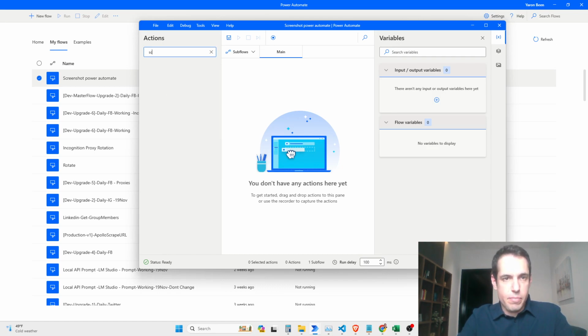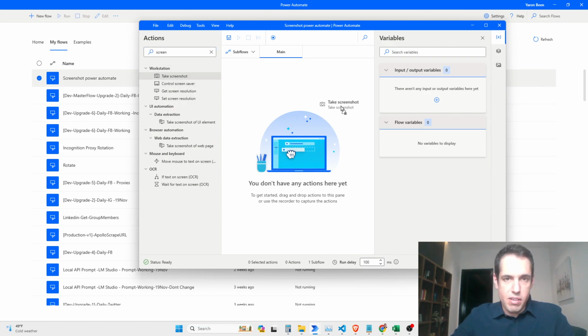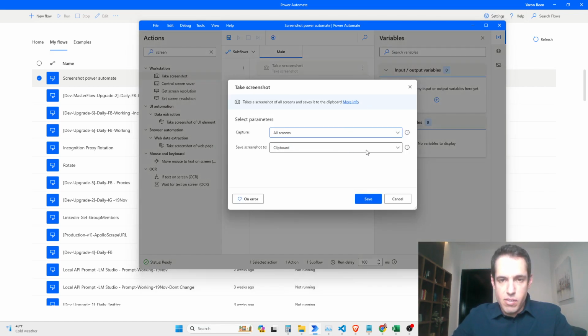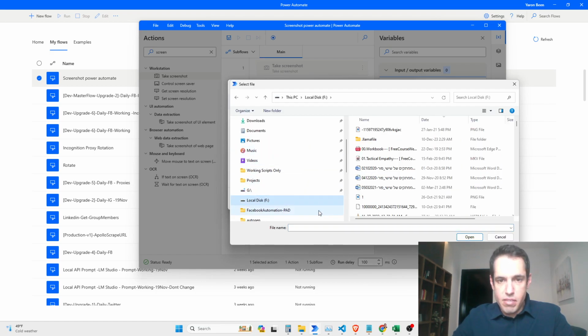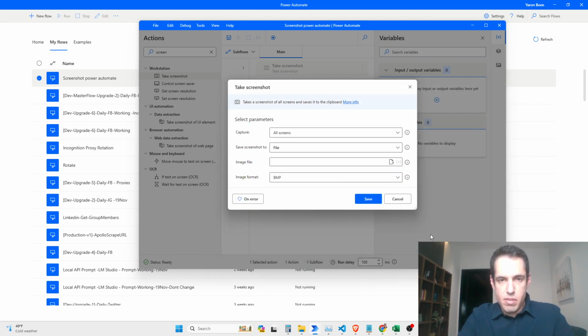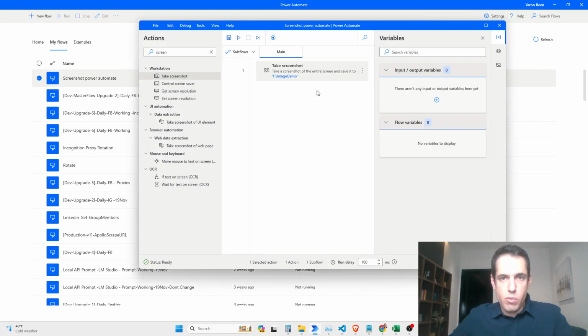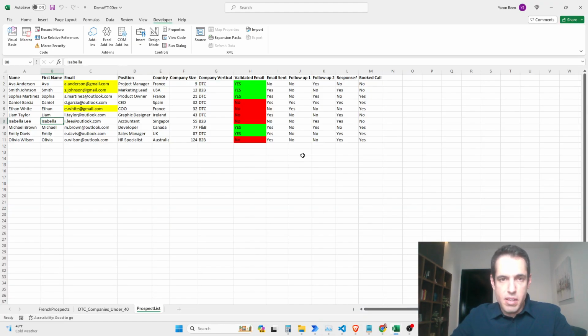Let's see, screen, take screenshot. Okay, so you can do something like this. All screens, save them to a file, image file. Let's say F, file name, image demo. Okay, so what I would do here basically is, let's say we add URLs. Let's say this guy works in Ecom X Factor, which is my website, and this guy works at, let's say, www Neil Patel